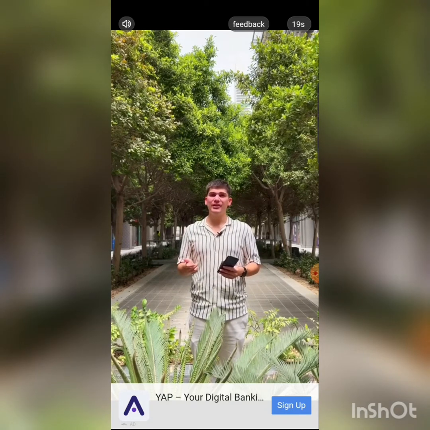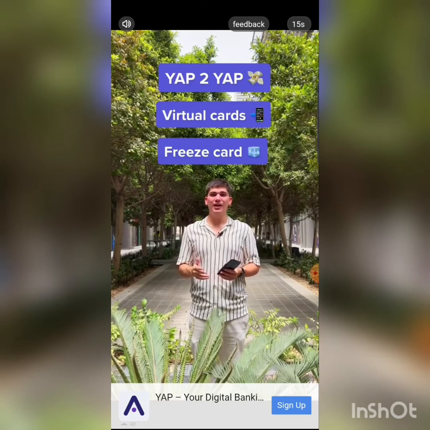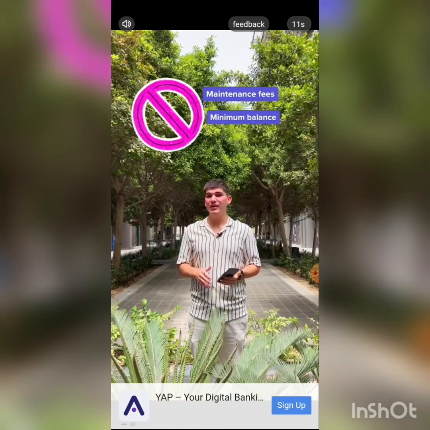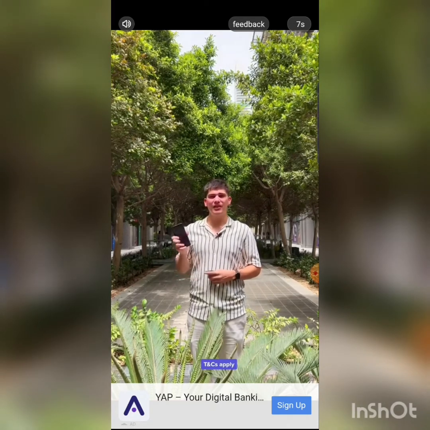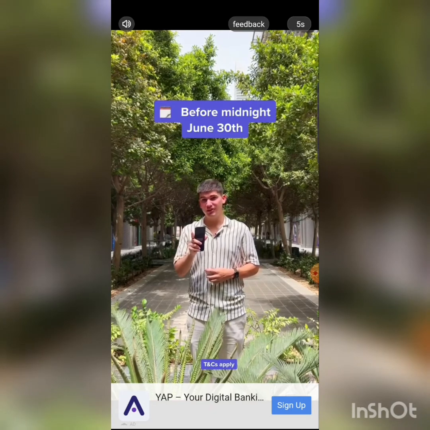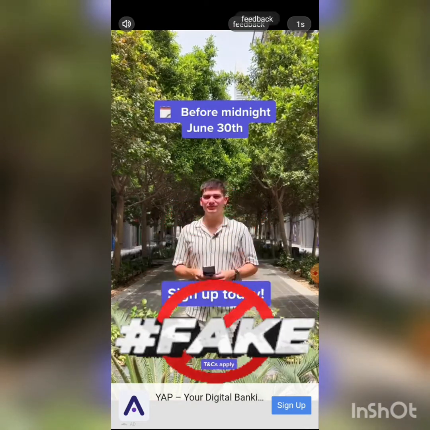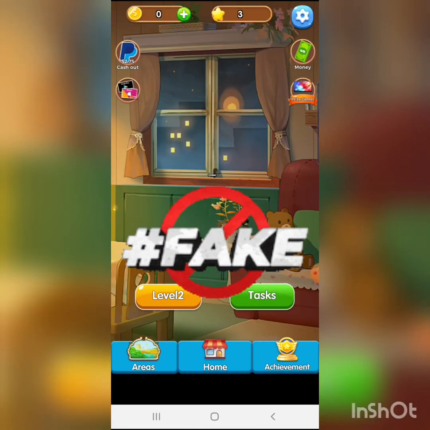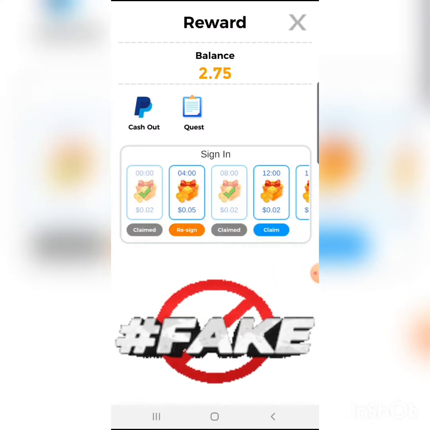But actually guys, don't waste your time on this game, because it's fake. They will just waste your time. You can play it for fun, but not for earning. When you reach $95, they will stop your earning, and they will not give you anything. So they will not let you finish your threshold. So if you want to play for fun, it's okay, but if you want to play for earning, it's